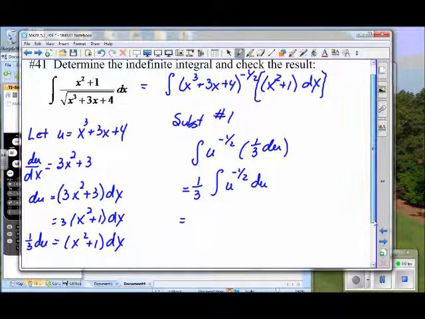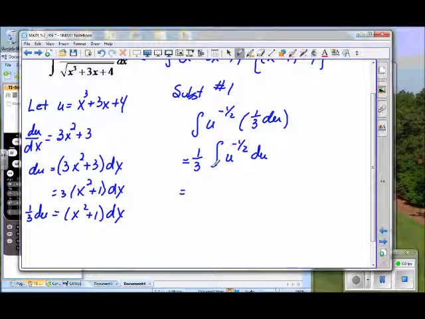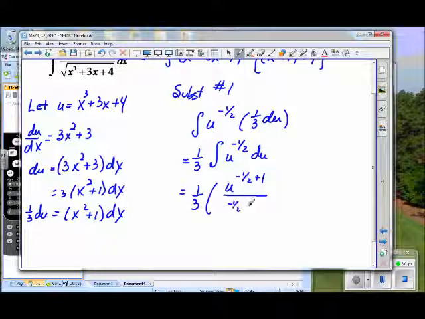When I take the indefinite integral of this, I would have 1/3 times, and again I add 1 to the exponent and divide by the new exponent, plus c. Let's see, this is 1/3 and we have here u to the 1/2 divided by 1/2, plus